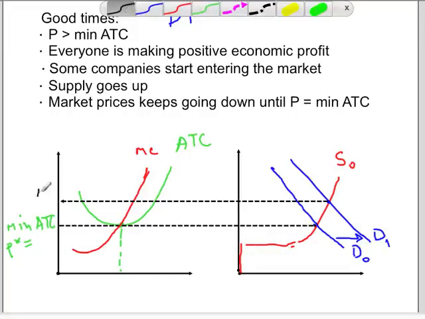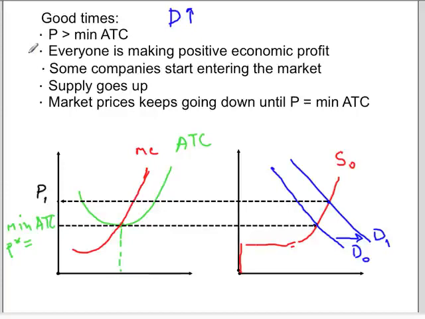So this is the new price that we have after demand went up. So this is P1. Well, and this higher price means what? It means that companies inside this industry will start making non-zero economic profit, positive economic profit. And in the short run, everyone inside this industry is just enjoying themselves, because everyone likes positive economic profit. They're making better money than the businesses outside of this